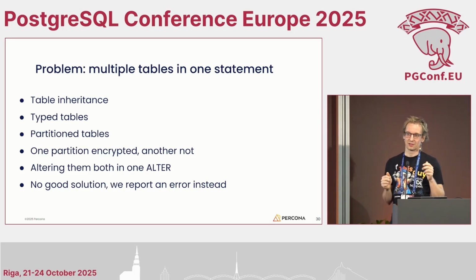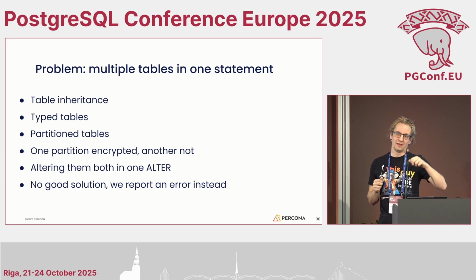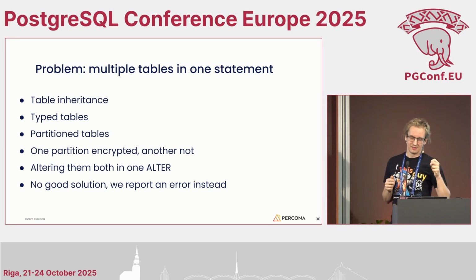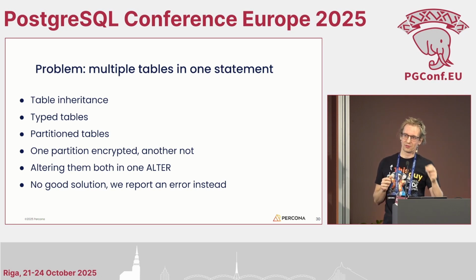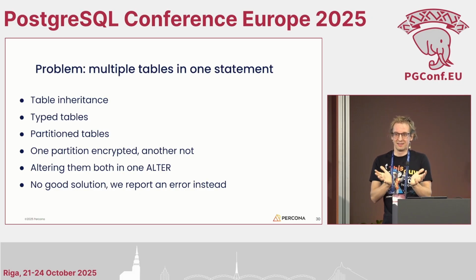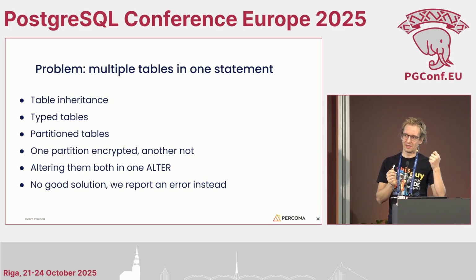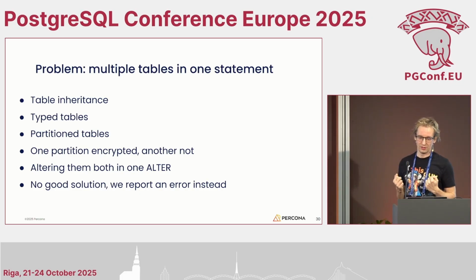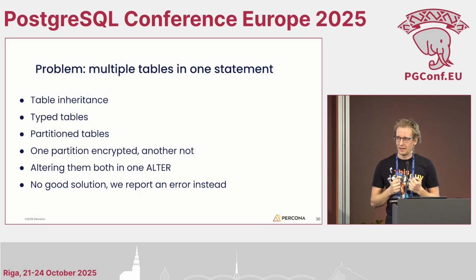And our event trigger code works in a way that, basically at the start of the statement, we try to decide if we have to do all writes in an encrypted or a plain text form. And if we are changing multiple tables in a single statement, and some of them are encrypted and some of them are plain text, we can't make this decision because we would have to write something in an encrypted form and something in a plain text form. That's not possible in our architecture. And actually, we weren't able to come up with a good solution for this.